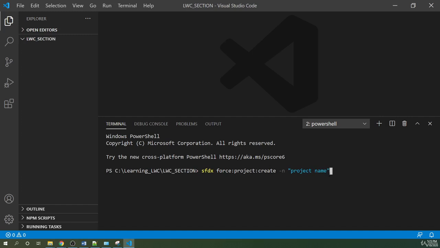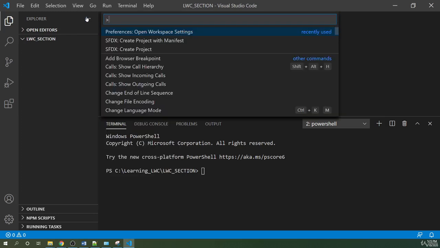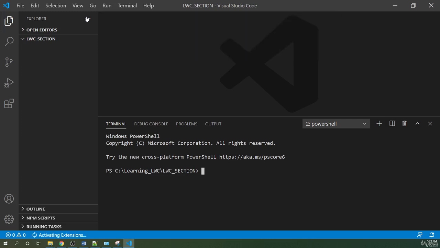If you enter, it will create a project with the given project name. This is one way. I'll show you the easiest way, if you don't want to remember the commands. Go to View, select Command Palette, and type sfdx. You can choose an option from create project with manifest and create project. I'll select the manifest option, which generates a package.xml along with the project creation. So I hit it,